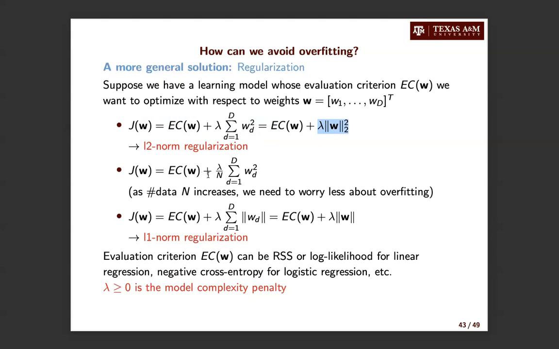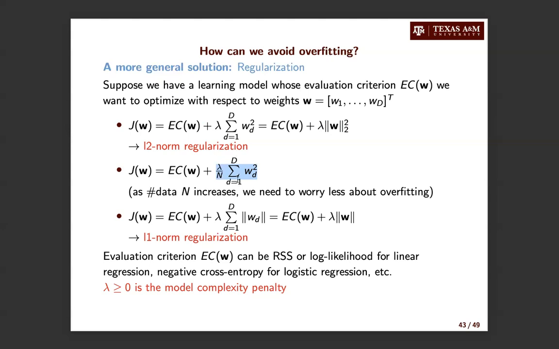Now, another thing that we can also take into account is how much data we have. So if we have a lot of training samples, then it might not be necessary to apply such a strong regularization. For this reason, a common approach is to divide the regularization term by the number of training samples. Intuitively, if we have a large number n, then this term here will not contribute that much to the